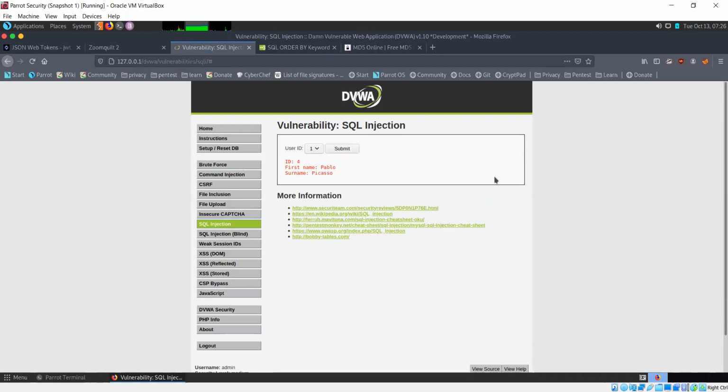So in this case, if I want to perform SQL injection, what option do I have? Can anyone take a guess?